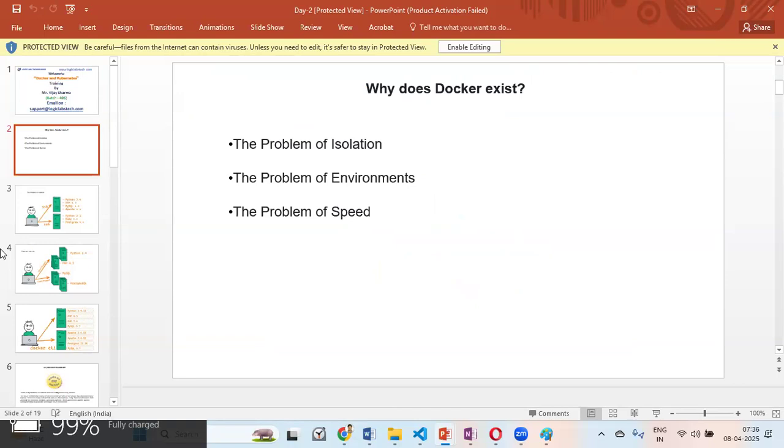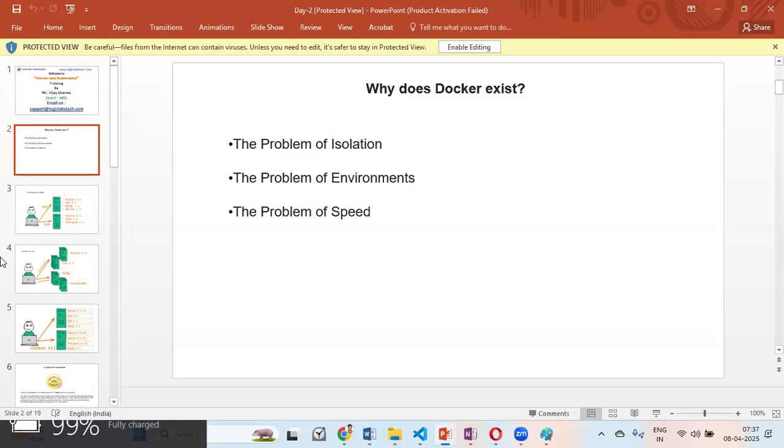Okay, so my basic philosophy is that whenever you want to understand any tool better, or any concept, you need to understand: without that tool, was there anything I miss? Or without the tool, what is the problem I am going to face? What are the challenges the tool solves? When you think in that way, you understand the tool better, and you will be able to work with ease with that tool.